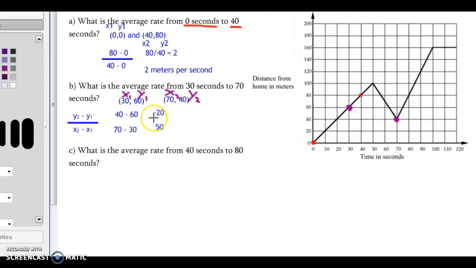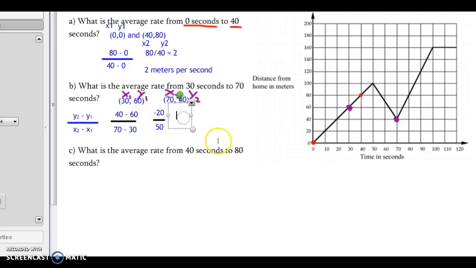And all I have to do, I'm going to put a little bar here so you can see it's a fraction, is actually do that division. So negative 20 divided by 50. I know that if there's zeros at the end of both, it becomes negative 2 over 5. The answer, when I put it in my calculator, is negative 0.4. But again, we're going to turn that into units that we can use. It's an average rate of whatever this unit is divided by whatever this unit is. Negative 0.4 meters,